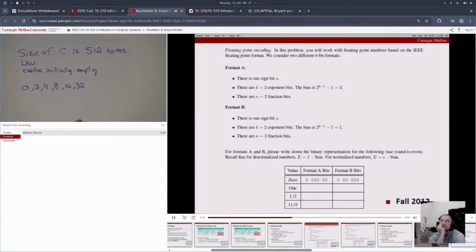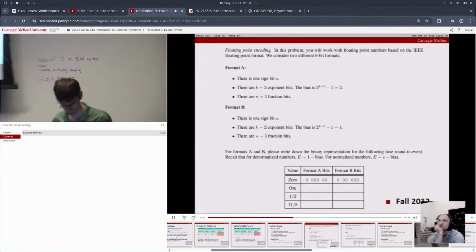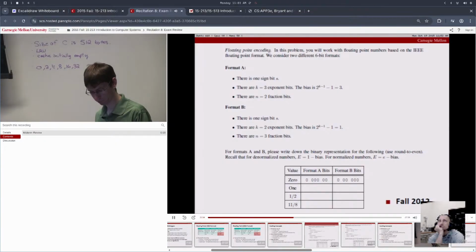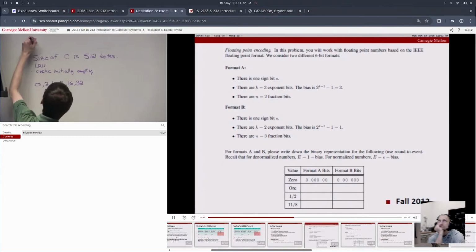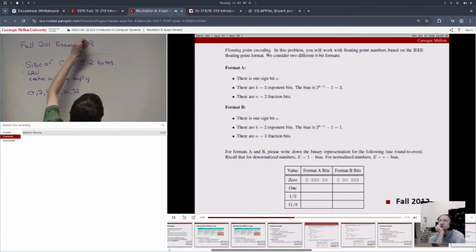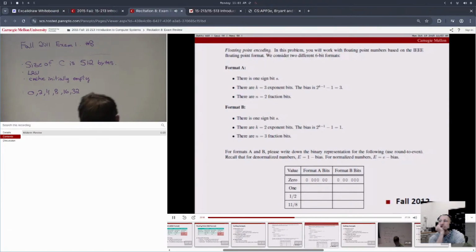This one is fall 2011, exam 1, problem 8. It doesn't seem to say what the associativity is. Maybe we don't need that. So these addresses are sent to the cache, and the hit rate is